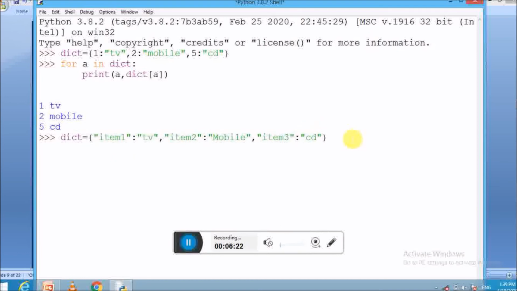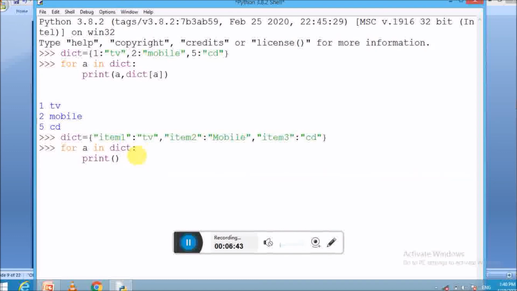Now for the second line of code, type for A in the variable name in which you assigned the dictionary, which is DICT here, and type colon, press enter. Now type the print command, print, and we have to pass two parameters here.